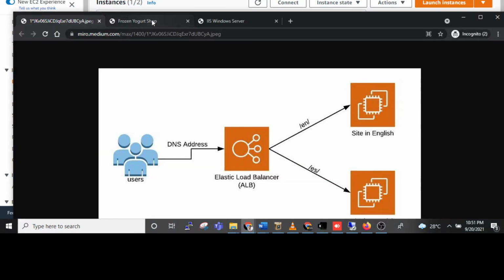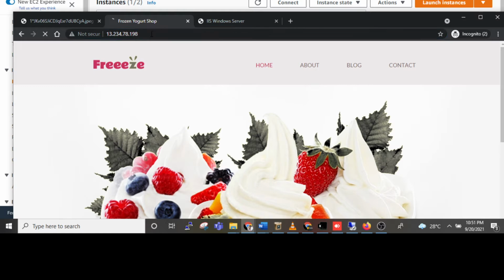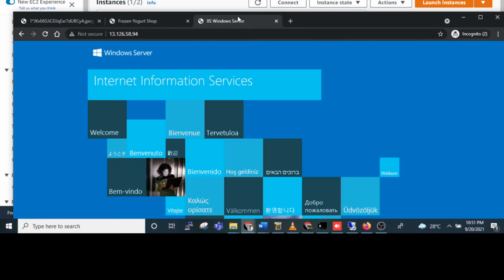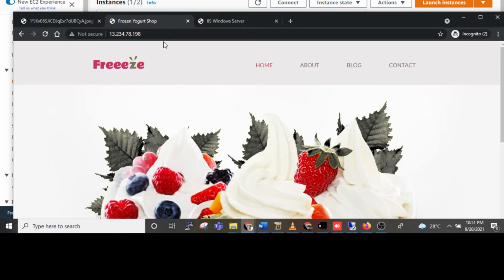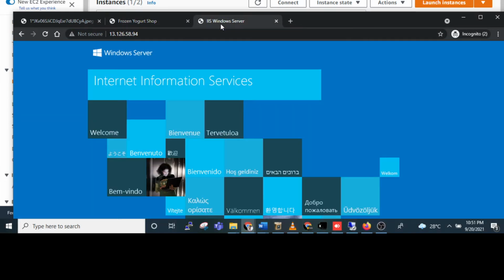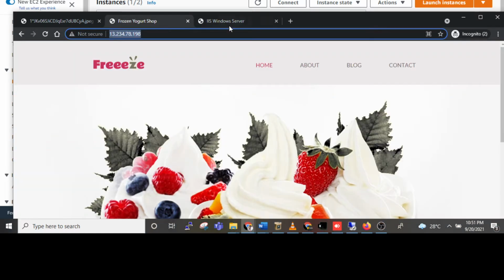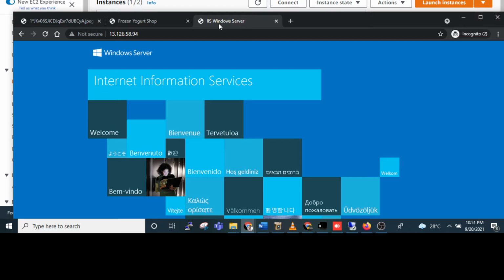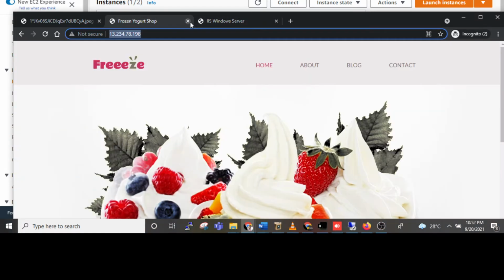I am showing you the first app server, with IP 13 dot. This is a website we have hosted, and on the secondary there is only the IIS page. After this one goes down, all the traffic will flow to this instance. Suppose you have web servers in the same application, then both will be the same, and if one goes down, the secondary will work.